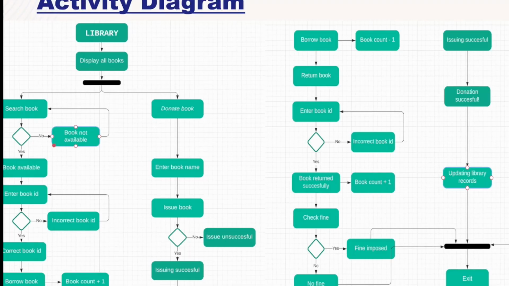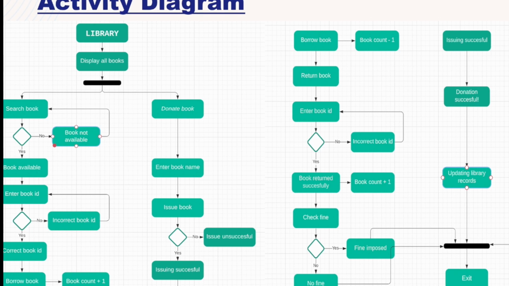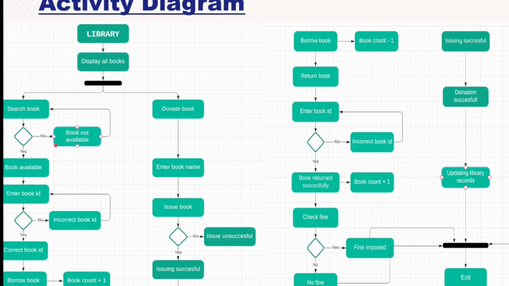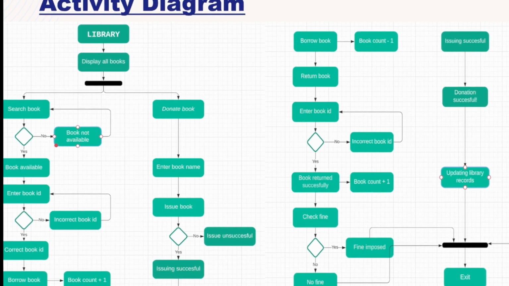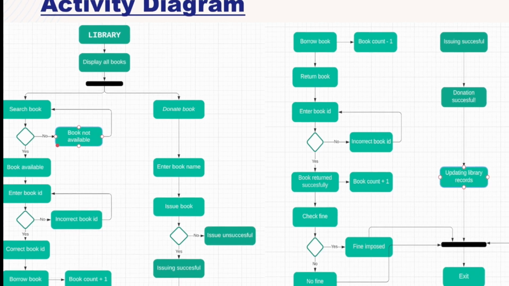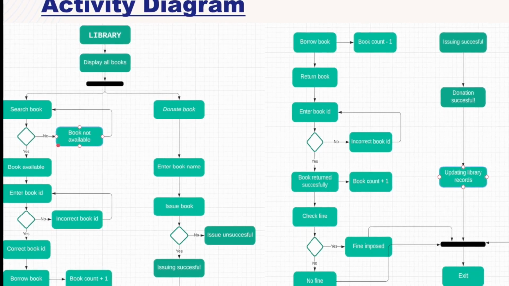I'm going to be explaining the activity diagram. This activity diagram shows the sequence and conditions of flow of our library interface. This activity diagram has been represented without the swim lane. First, once we log into our library interface, it will display all the available books in the library, and then the user will be given the choice if they want to search for a book, to borrow, or donate a